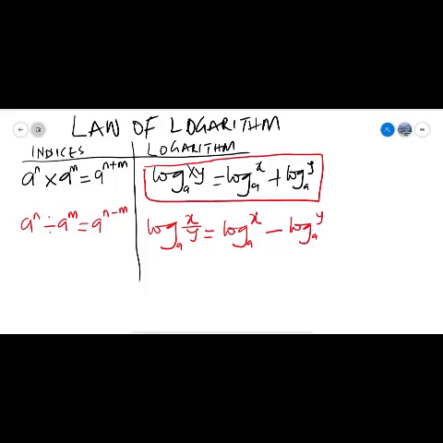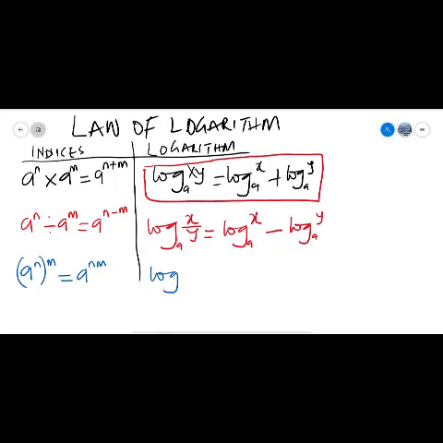Okay, all right. Finally, remember that under the laws of indices, we have that a raised to the power of n raised to the power of m is equal to a raised to the power of nm. Well, for logarithm, we have that